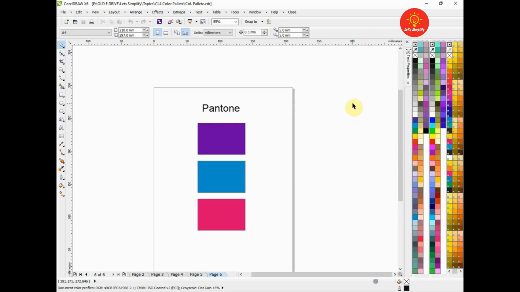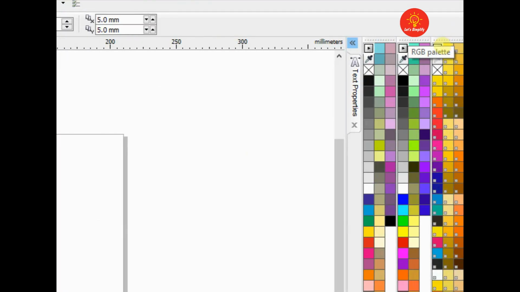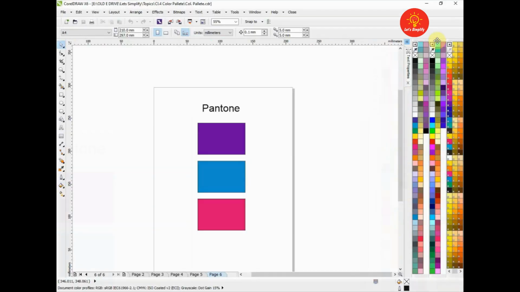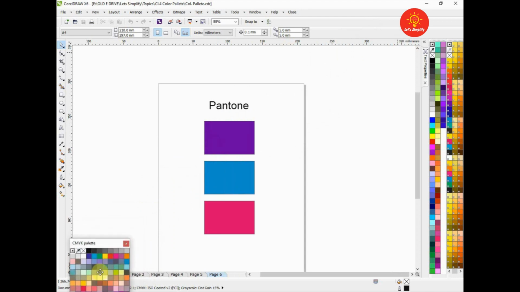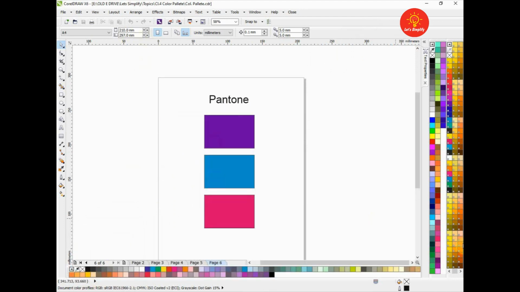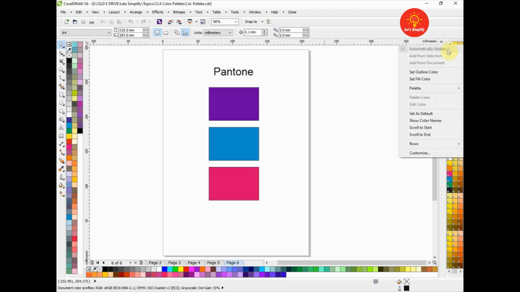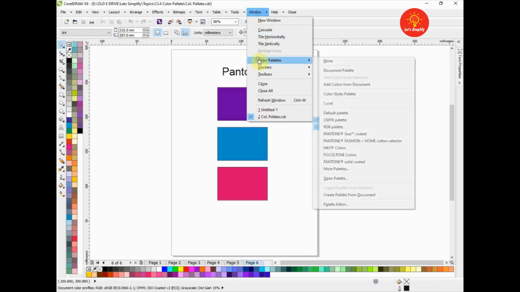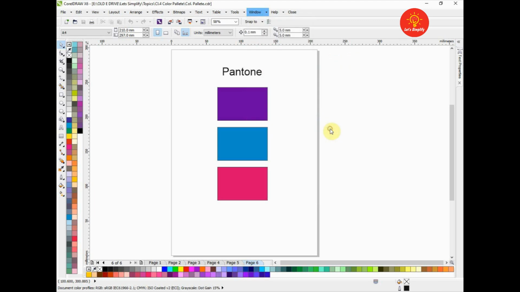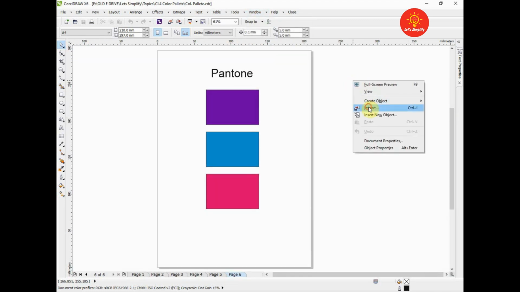Over here we are able to see dotted lines above our color palettes. So with that we can hold and shift our color palettes like this. Now let's click on this black arrow, then go to the palette and close this color palette. So we can close our color palettes like this. We can also do that from window, color palette and deselect the palette.